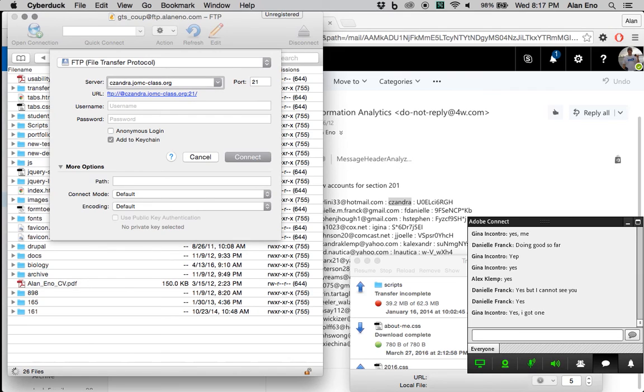Your full domain is your server name, which is your username.jomc-class.org. So that's what you would, when you click Open Connection up here in Cyberduck, it drops this window down, and that's what you put in for the server. That's your domain. Everyone's going to have a little bit different, based on your